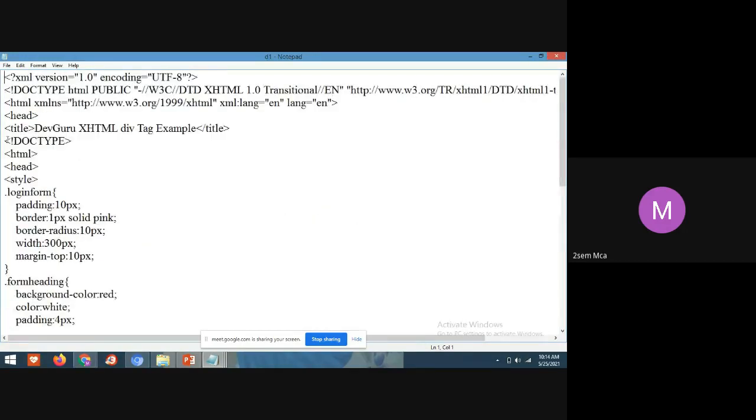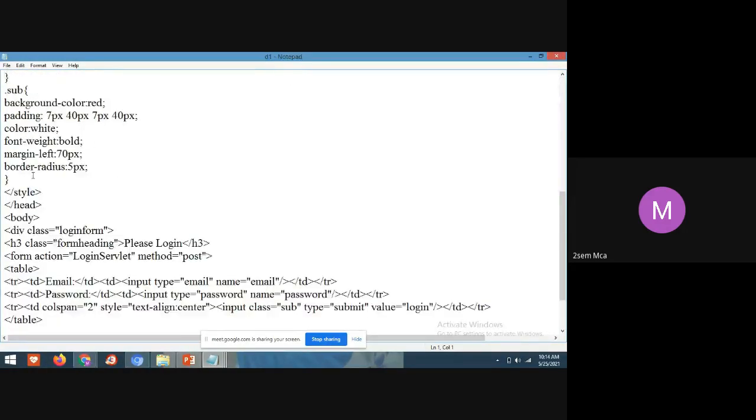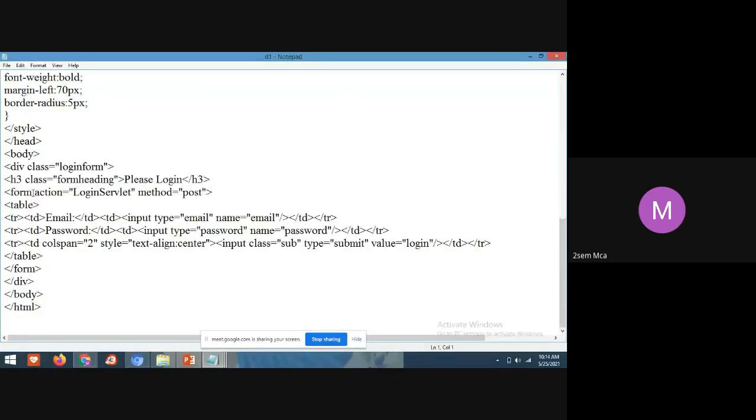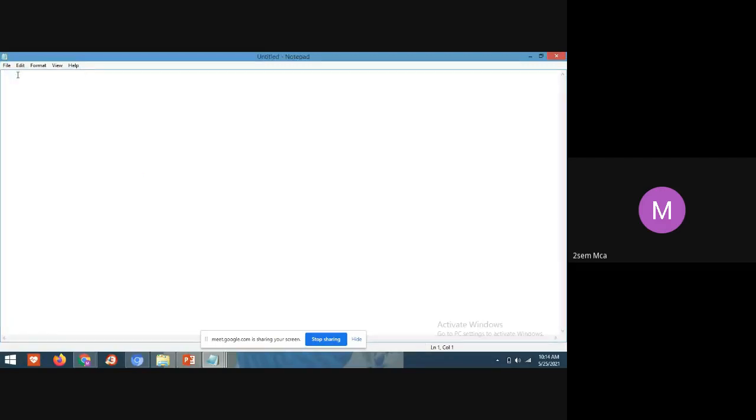I have not taught about class yet, so I don't want to show this example. I'm not finding the example, so I'll type the program.